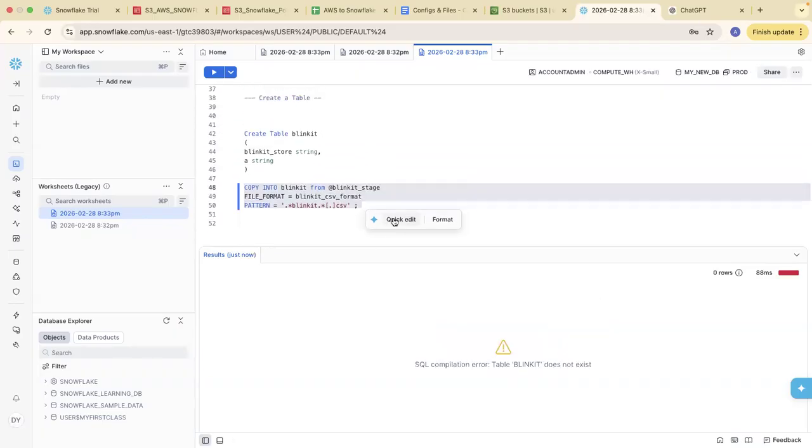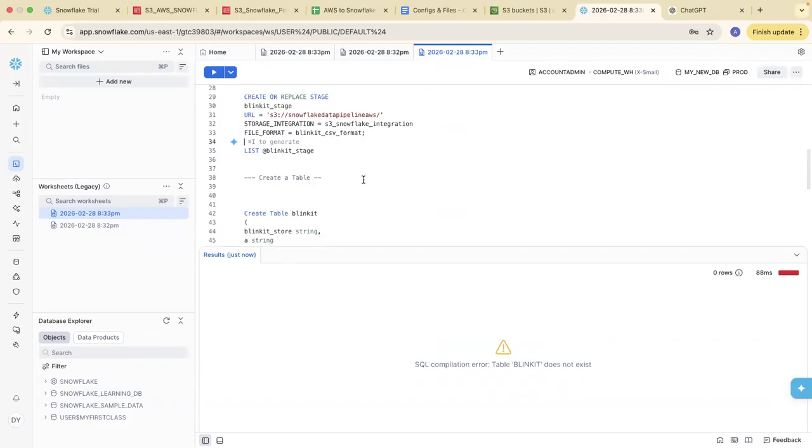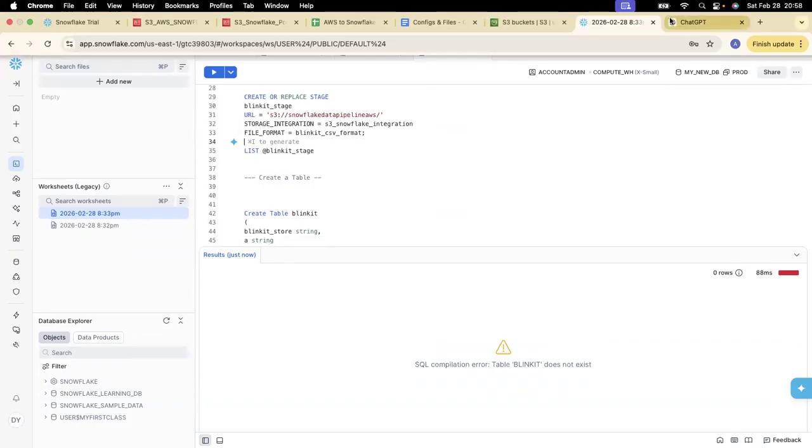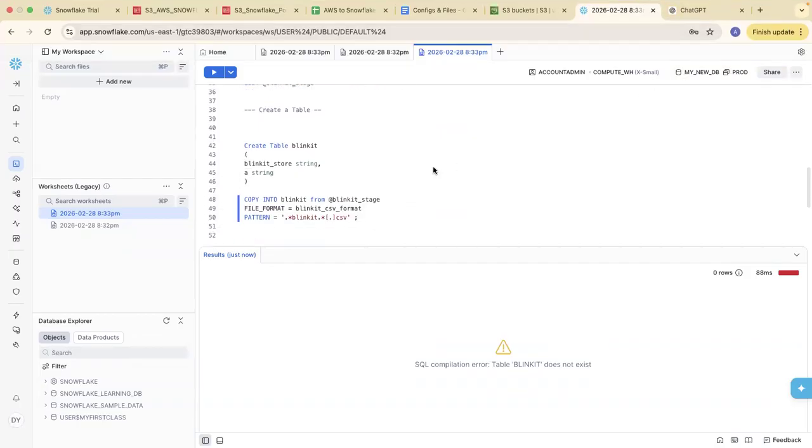Why am I not able to do it? Because I have made some mess here. But if you follow the same process that I have given you, you will 100% be able to do it. I am running out of time because I have to complete it by 9 p.m. So I'm leaving it, but this is the whole process. Once you use this command, you will see the data from S3 in your Blinkit table. You simply write all the commands using SQL after that.